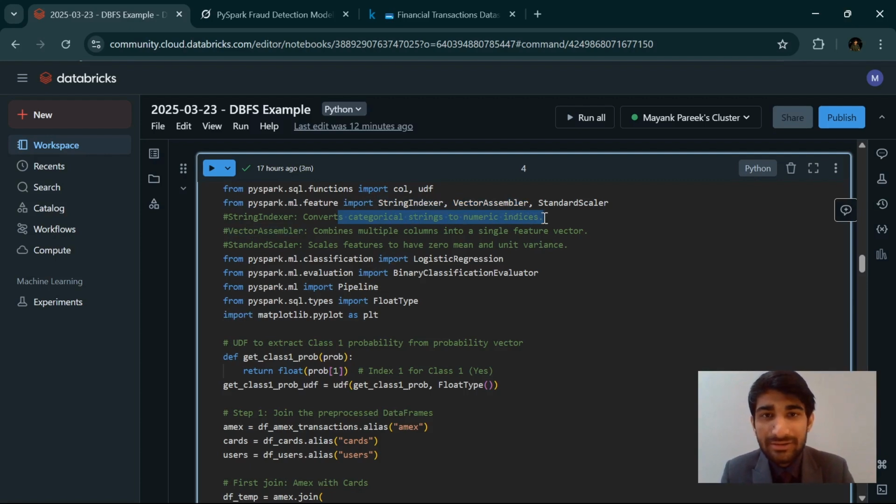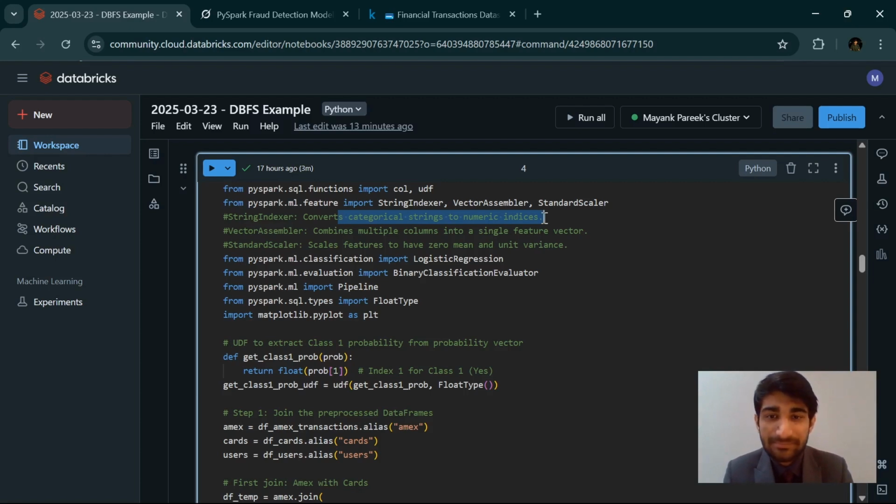So suppose you have a column having values like gender, male and female. What string indexer will do is convert the whole column from male and female to 0 and 1. So for 0 it's male, for 1 it's female. It's just a simple technique which we use because we cannot work with text when we process the data, and we have to take numeric values. So we use this very clever technique of converting the categorical variables